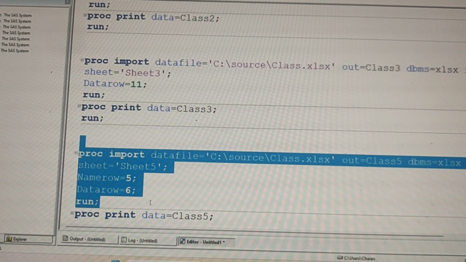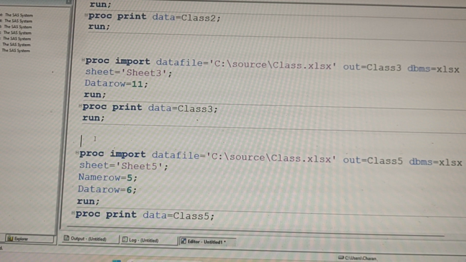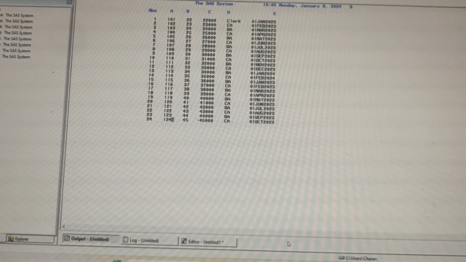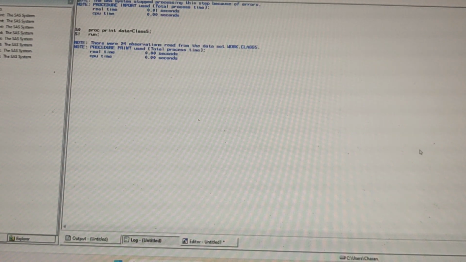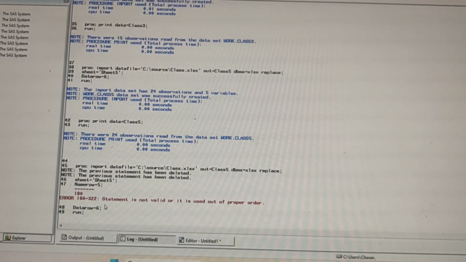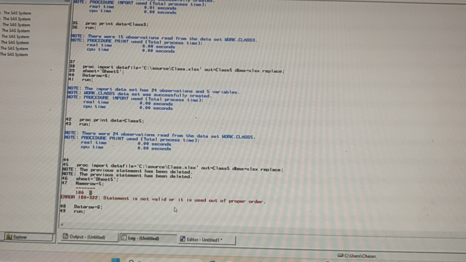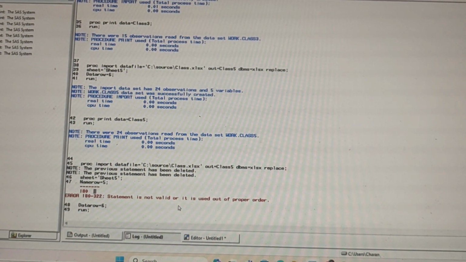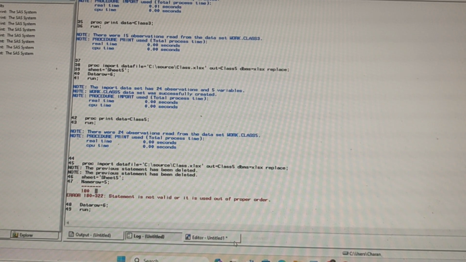Now if I submit this, what will happen? Now we'll see whether we can display the column names. What happened? Now also you see this here. Namerow is not working here. So any